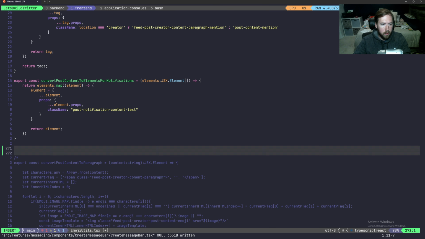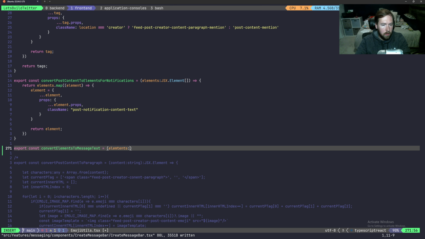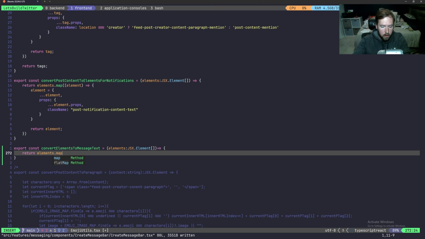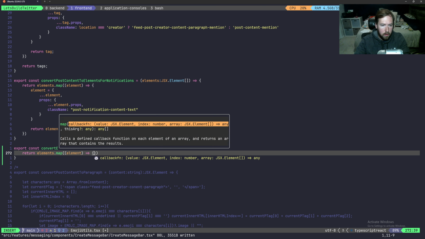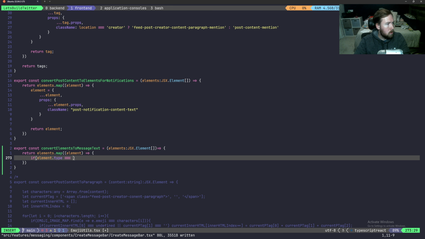and there's still a bunch of stuff we need to get rid of, but it is what it is. So we're going to go ahead and say export const convert elements to message text. So kind of like we did above for notifications, because it's slightly different. Go ahead and say elements, or if I could type, elements, JSX dot elements array, and this is going to return JSX element array, but I forgot to put that there, but it's fine. We're going to return elements dot map, and then we're going to map each element. And then from here, we're going to say if our element dot type is equal to